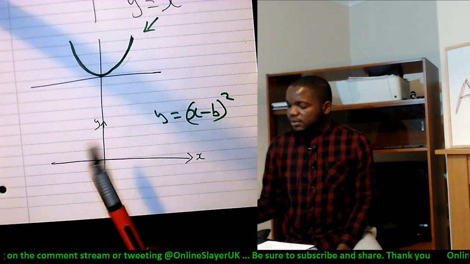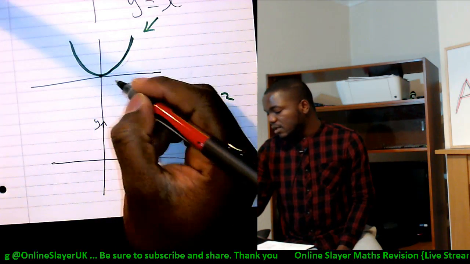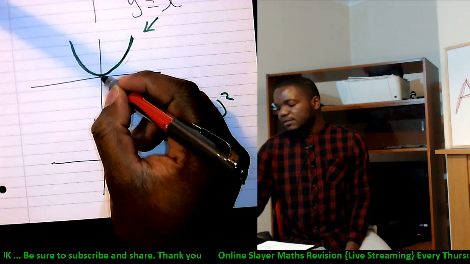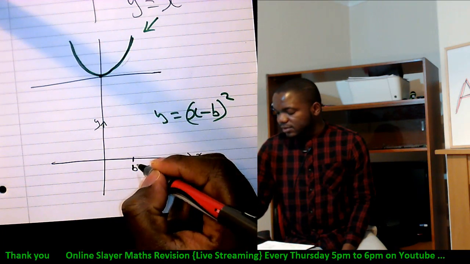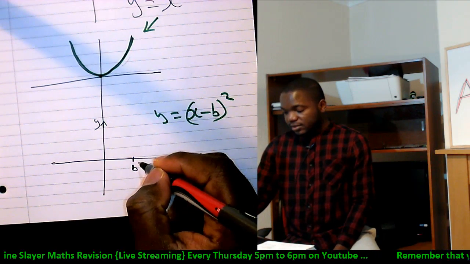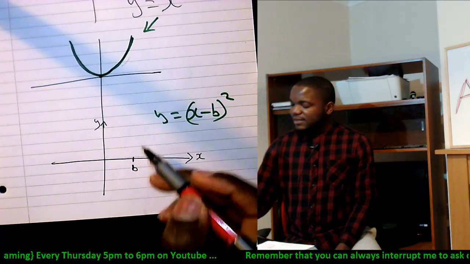Okay, it's going to now, instead of crossing the y-axis at the point x equals 0, it's going to cross the y-axis. It's going to cross, how do I say this now? Instead of having its